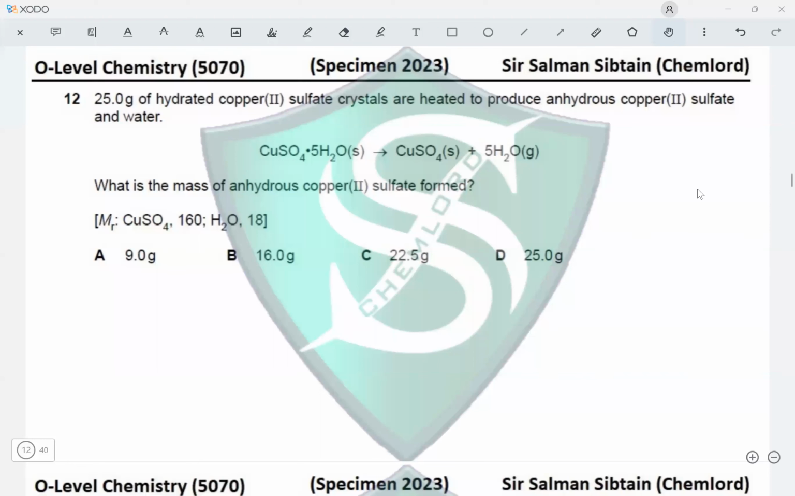Question 12. 25 grams of hydrated copper 2 sulfate crystals are heated to produce anhydrous copper 2 sulfate and water as given in the equation. What is the mass of anhydrous copper 2 sulfate formed? And they have given us the MR of anhydrous copper 2 sulfate and the MR of water. So the first thing we need to do is calculate the MR of hydrated copper 2 sulfate, which is